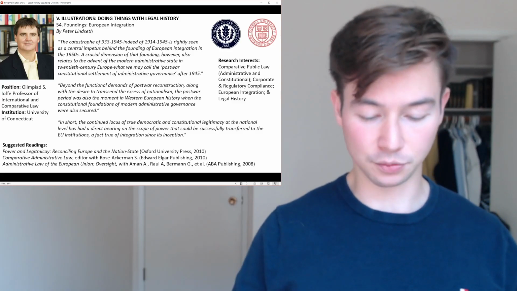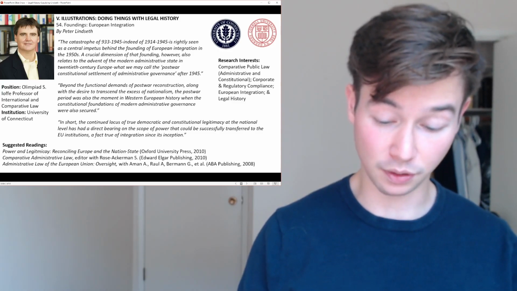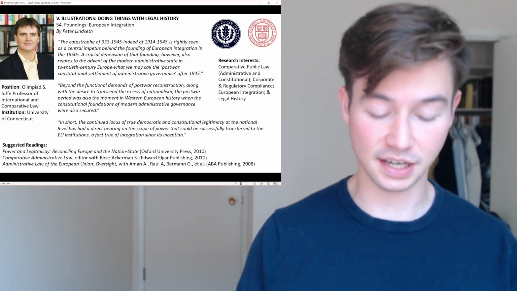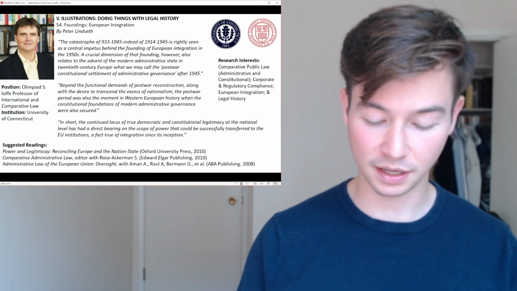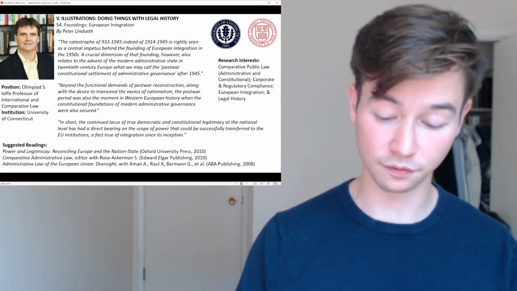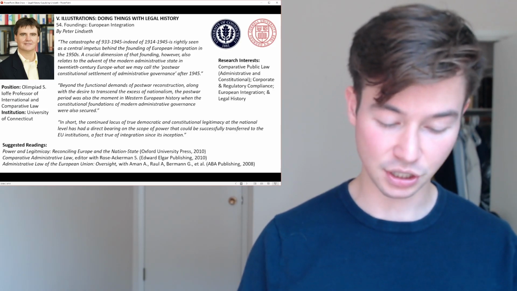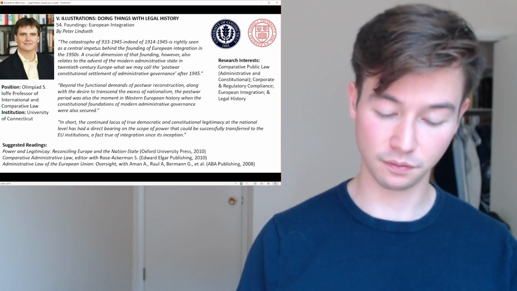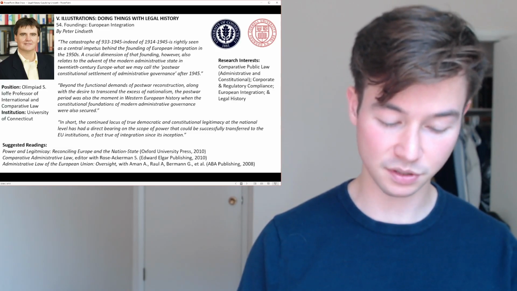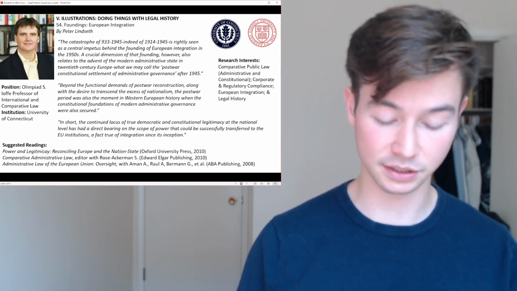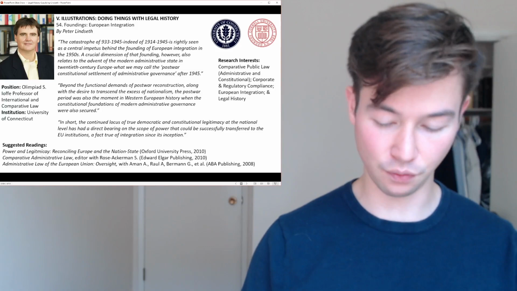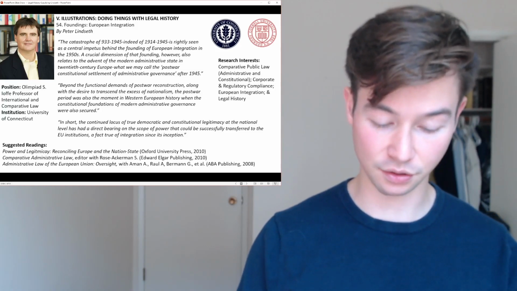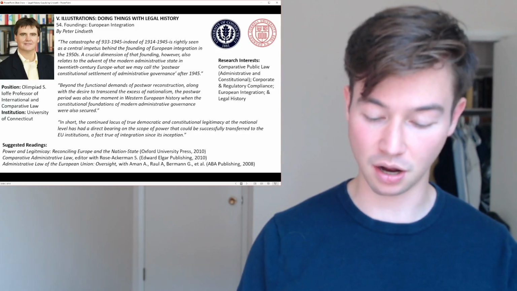De Gaulle, however, held off his battle over qualified majority voting until the final year of the second stage in 1965, by which time he had secured his principal policy goal from integration: generous community-based support for French agriculture under the terms of the Common Agricultural Policy, the CAP. And de Gaulle long recognized, however, that the move to qualified majority voting in the third stage would greatly strengthen the position of the Commission.